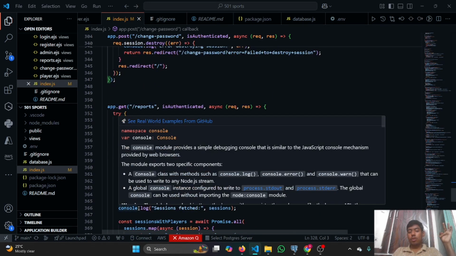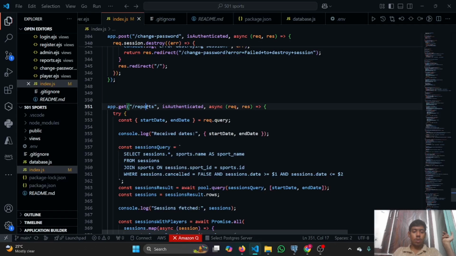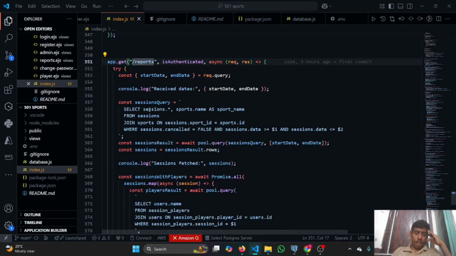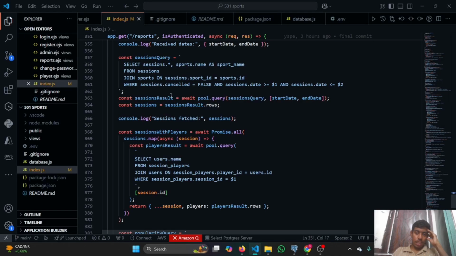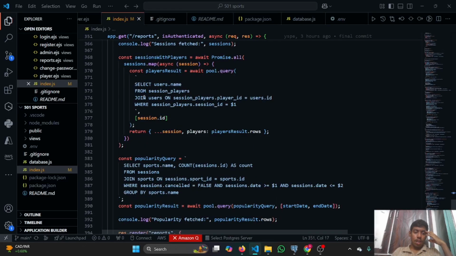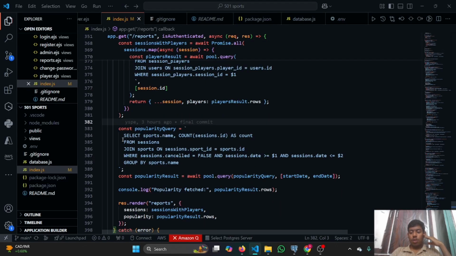And finally, the reports page, which I told you about, this is the routing for that, where all the features such as the sessions based upon the date, and such that the sessions cancelled are false. That is, those sessions that are running, going to be conducted, or already conducted. Only those sessions will be there. If any session is cancelled, that won't be shown here, right? You can see the number of players who joined the session,